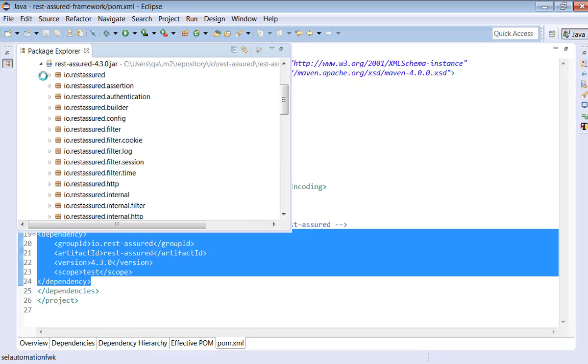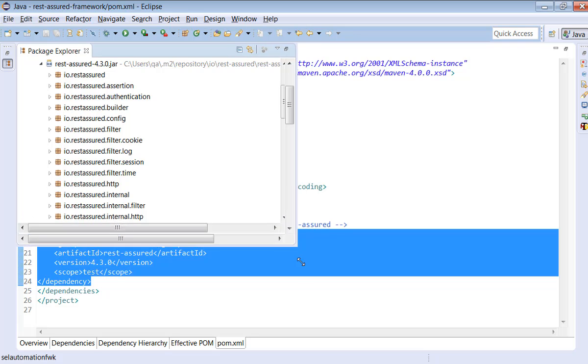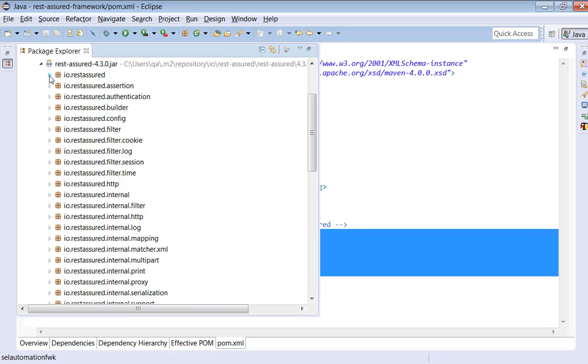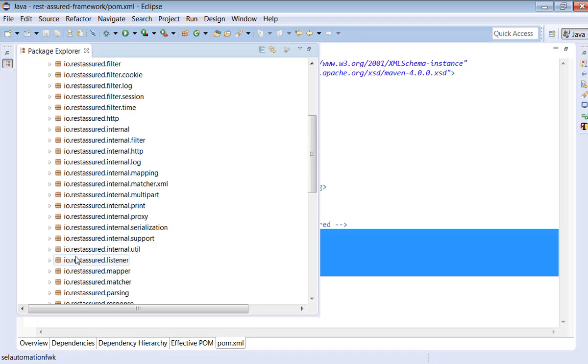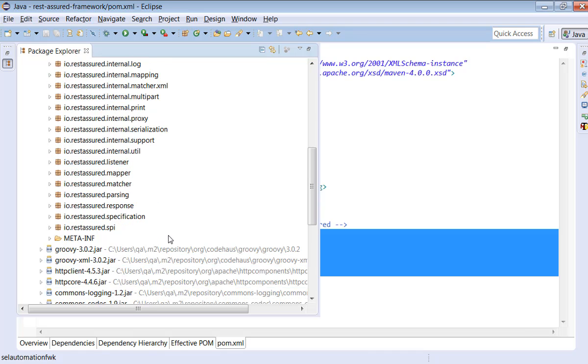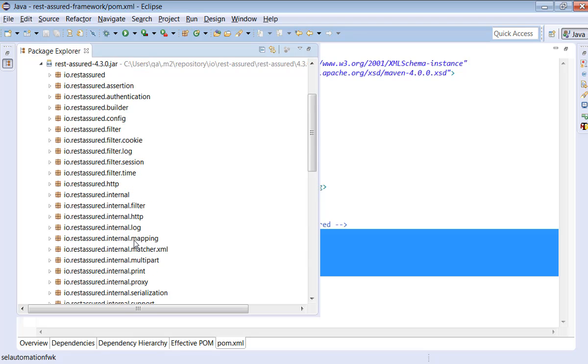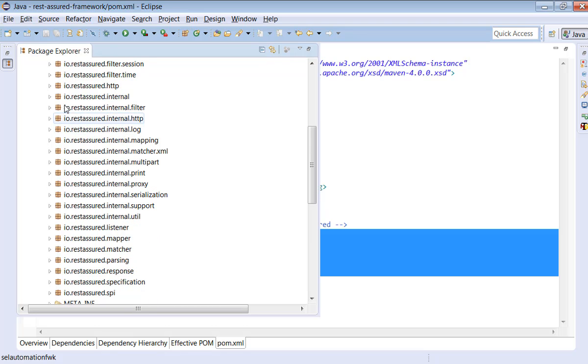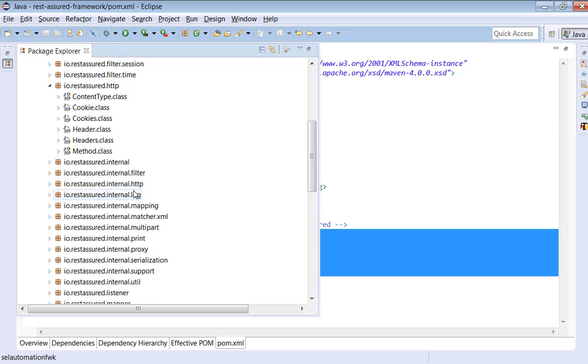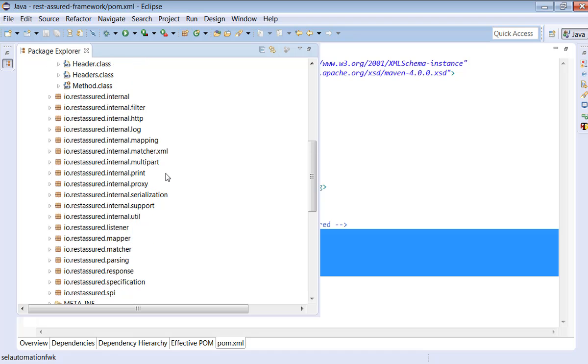Let me expand this API. In this API, we are mainly interested in a few of the classes. If you look here, mainly the headers class is what we are interested in for the example.